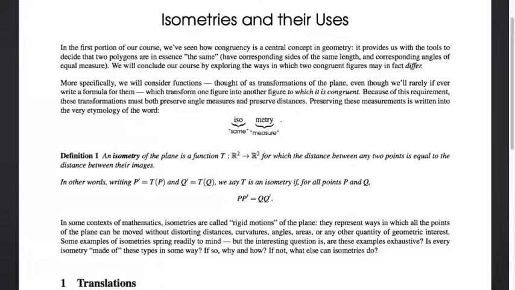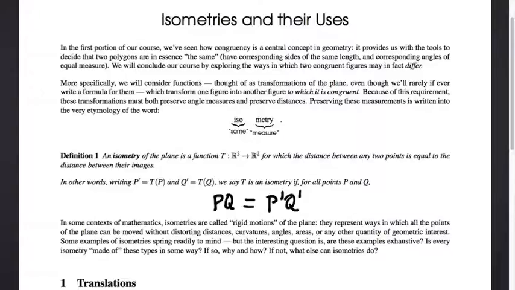So what can isometries do? If I have a transformation that preserves the distance between 2 points, what does that constrain? How does that constrain my transformation to be something in particular? So we're going to look at 3 examples today, and your task between now and Monday is going to be